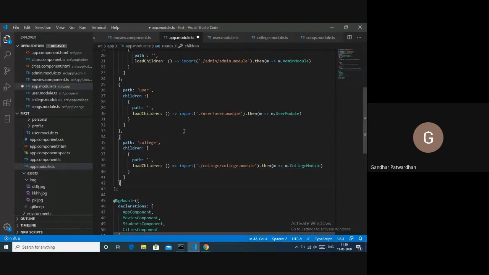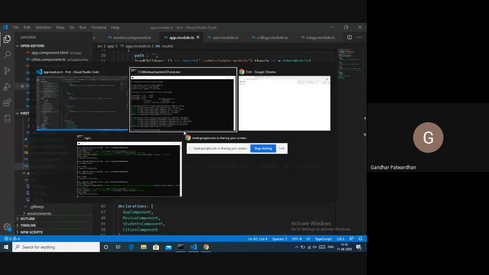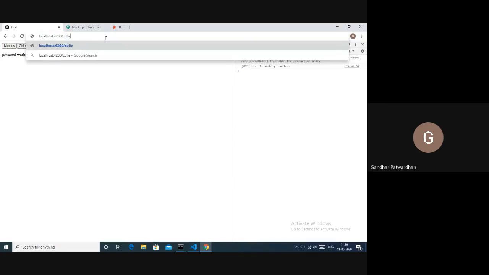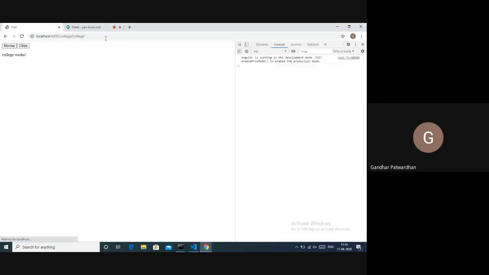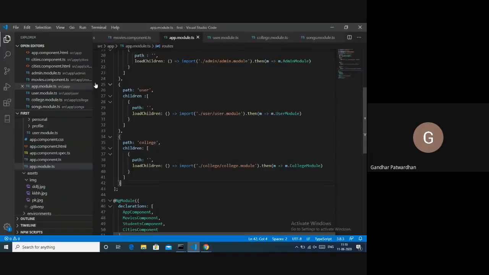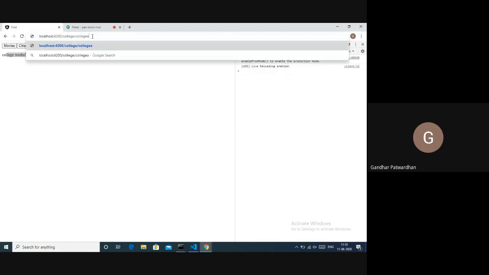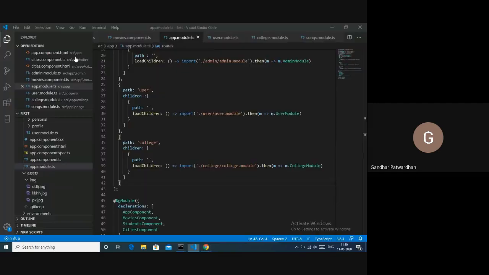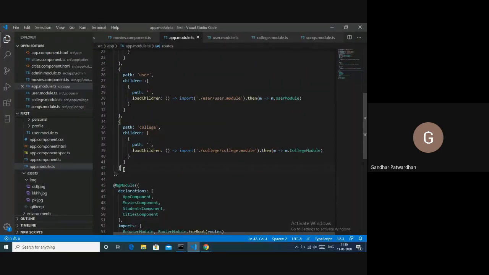So this happened for path. Let us check if we are getting it here. Instead of this, I'll say college, I'll press enter. So I got college works, so it went to college/college. And in the same way, if I say college again, it will come to college again. Okay, then I'll create another one.